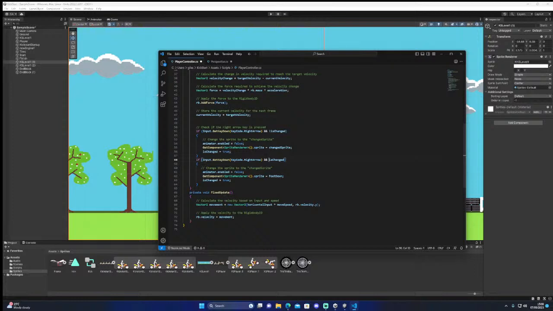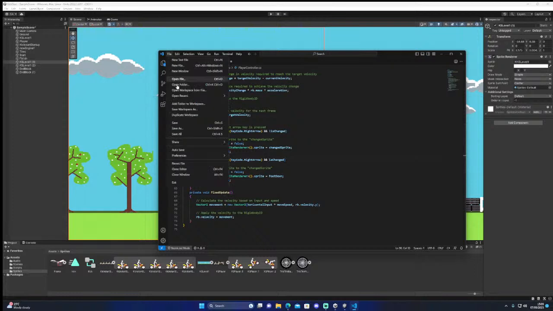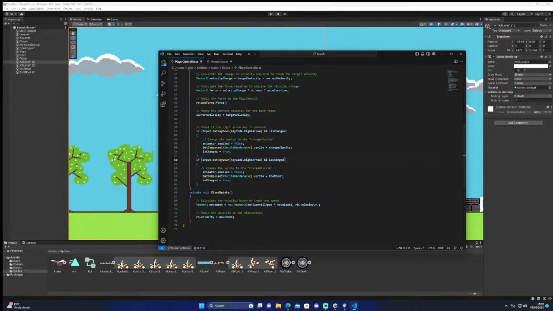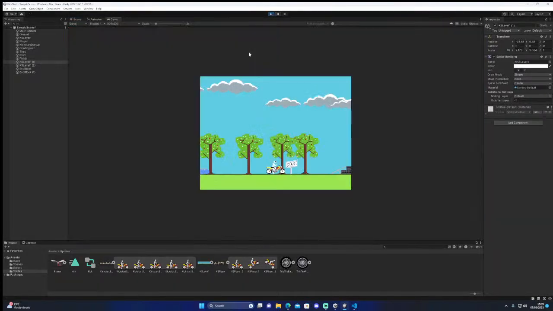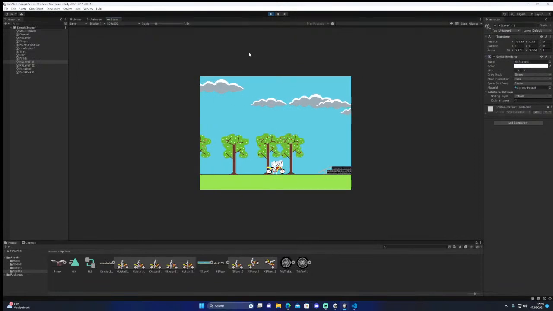Animator enabled equals false, because it's not false. It's this stuff. I might be barking up the wrong tree, but let's have a look. Oh, he's trying. It's not working.